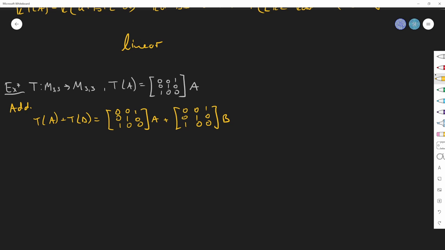When you do matrix multiplication, there was this property that if we have some matrix C multiplied by A plus C multiplied by B, this is the same as C multiplied by A plus B. So what we can do is factor out the